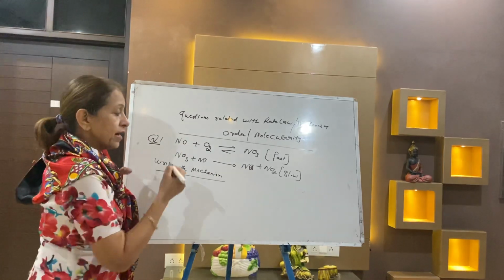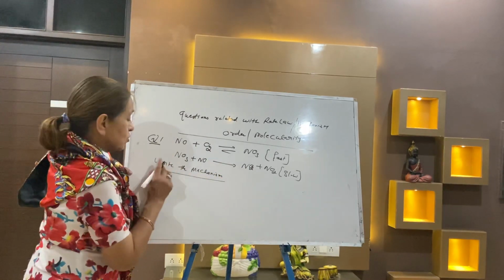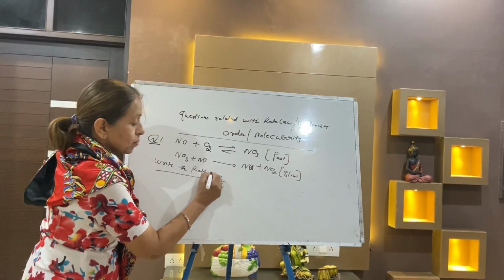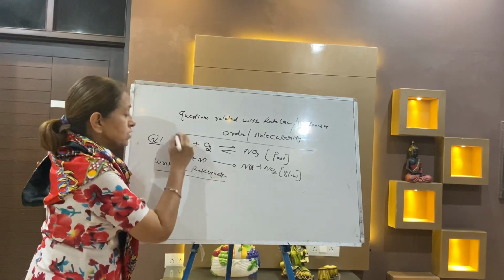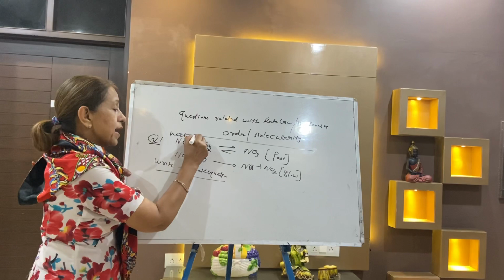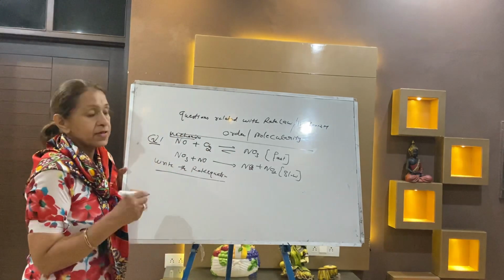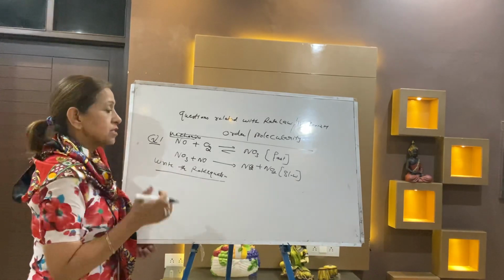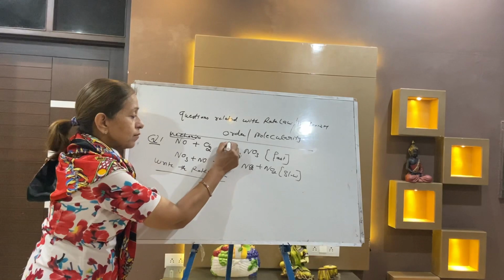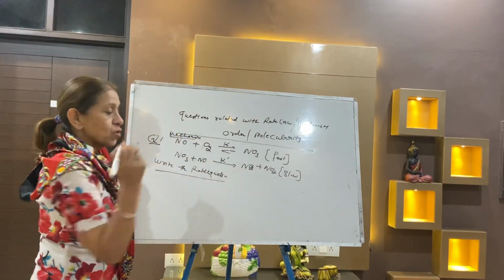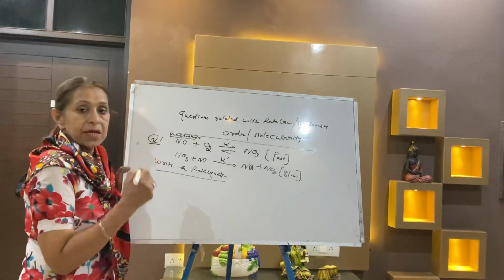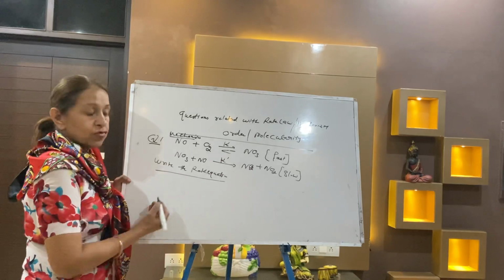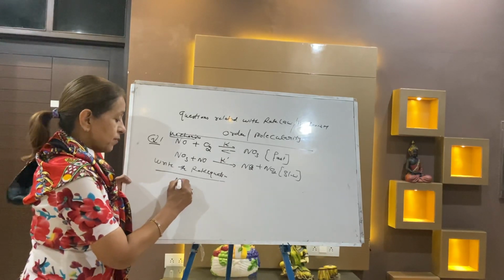Now the first step, right? This is the mechanism given. The question is: write the rate equation, not the mechanism. In this mechanism, the first step is fast and the second step is slow. Now, when the first step is fast, the constant is K and for the slow step it is K dash. Constants are given. When the first step is fast and the second is slow, the question will take 2 or 3 steps. Write down, apply.